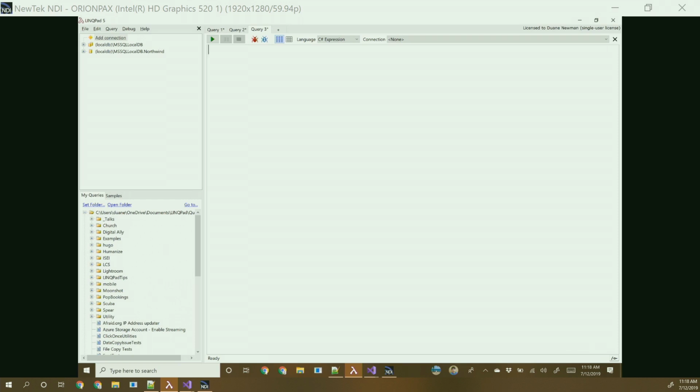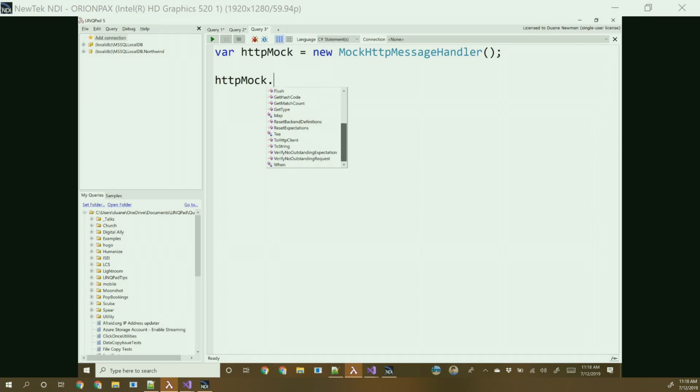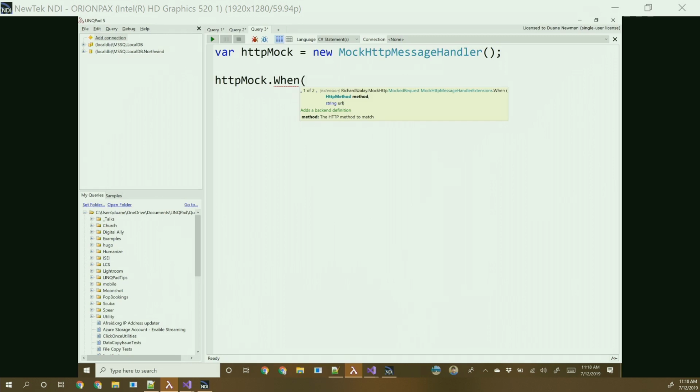Okay, so I'm just going to create my HTTP mock, and it's just going to be the new MockHttpMessageHandler. That's the type that he has in there. And so once I have this, I have access to a few different calls in here. So we have the When, and so we can do the When, and like I said, it can take in